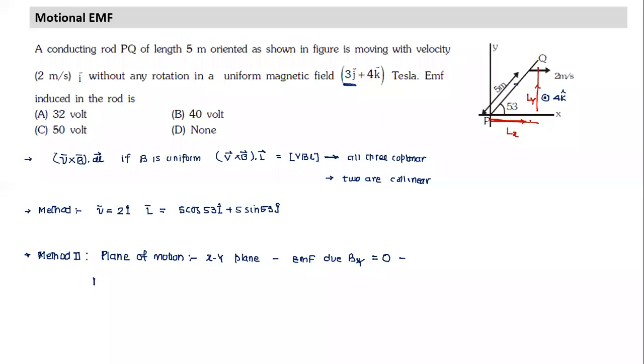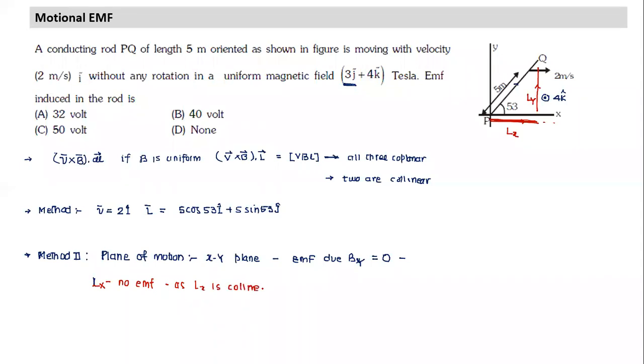Why, in this particular part of the conductor, moving with this velocity, is there no EMF developed? Pranav Soma, can you tell me why there's no EMF in this LX part? Because length and velocity are collinear. Collinear. Very good. So in LX there is no EMF because both are collinear. That's why this point is important. I'm very happy, you said it very nicely. No EMF as LX is collinear with velocity.